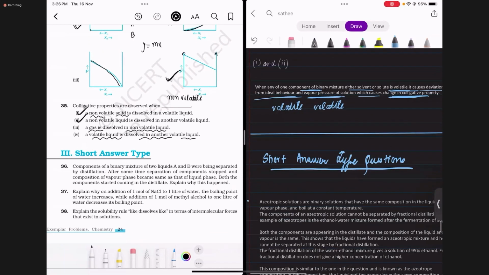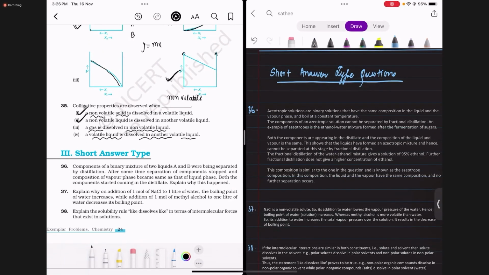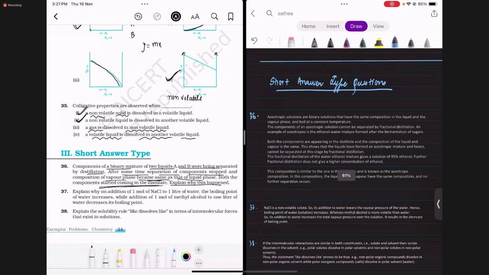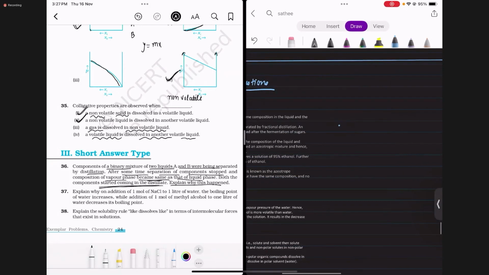Now we come to short answer type questions. Short answer type questions में the first question is, components of a binary mixture of two liquids A and B were being separated by distillation. After some time, separation of components stopped and composition of vapor phase became same as that of liquid phase. Both the components started coming in the distillate. Explain why this happened. तो हमने एक क्वेश्चन में देखा था कि जो azeotropic solutions होते हैं,